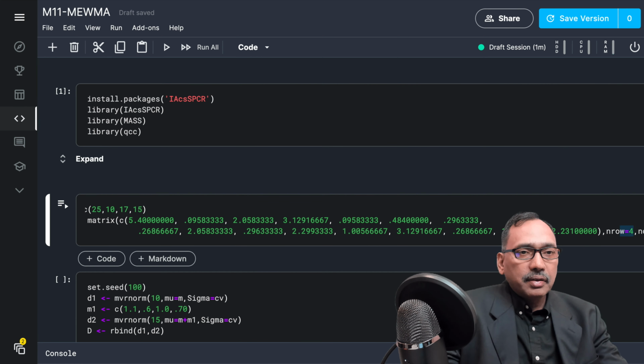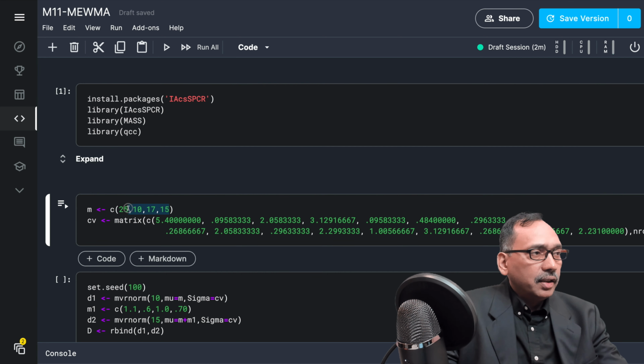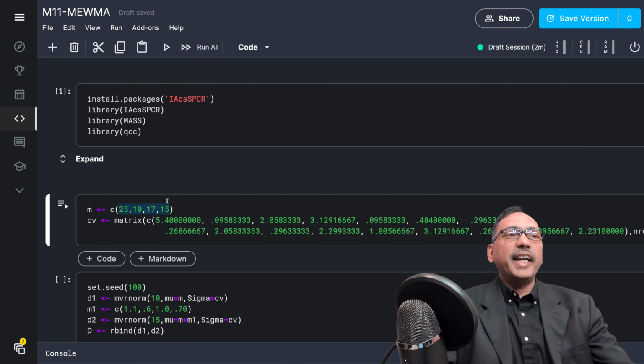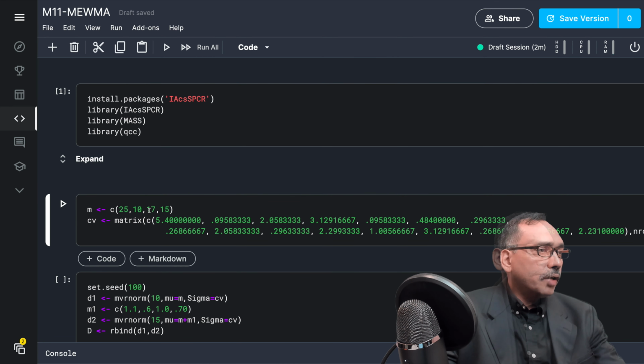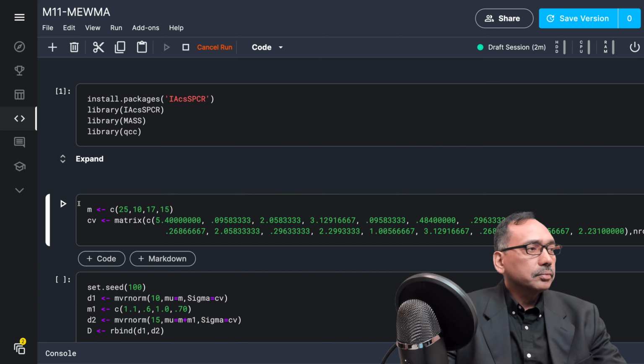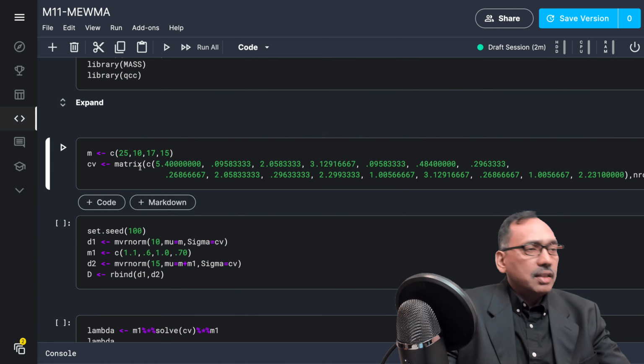The number of rows and number of columns is 4 because we are thinking about P as 4, so 4 variables. Once you run that, it does nothing else, it simply stores this information in M and CV.